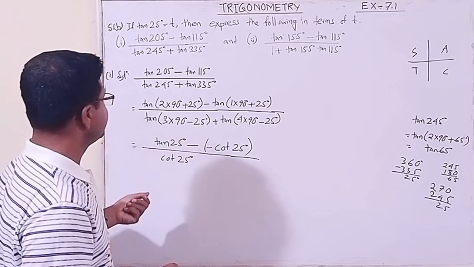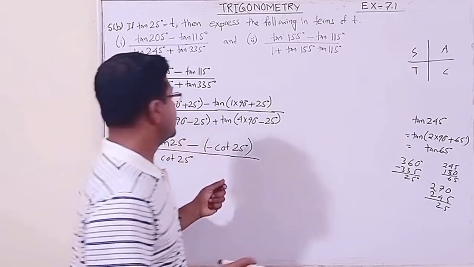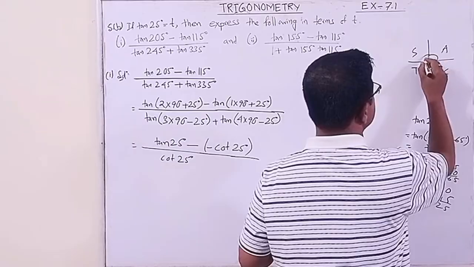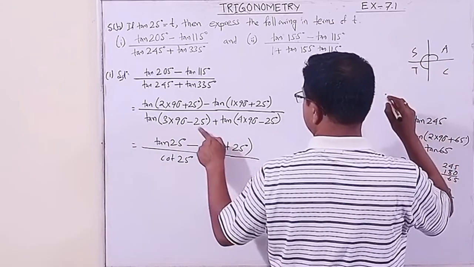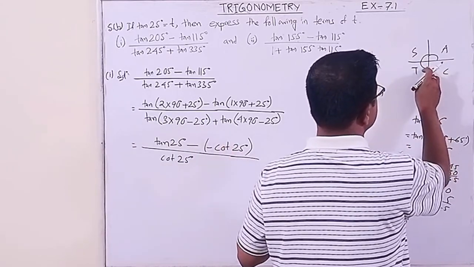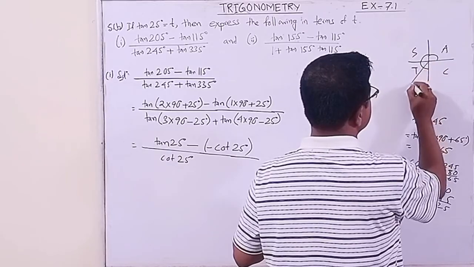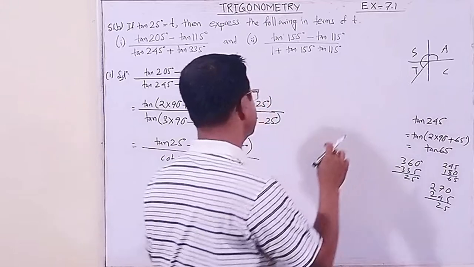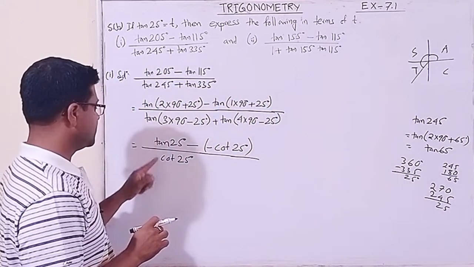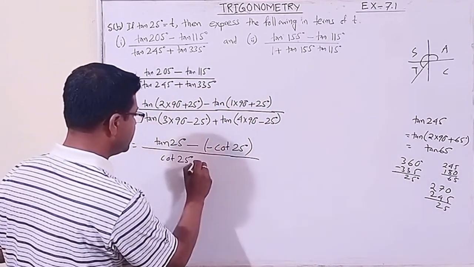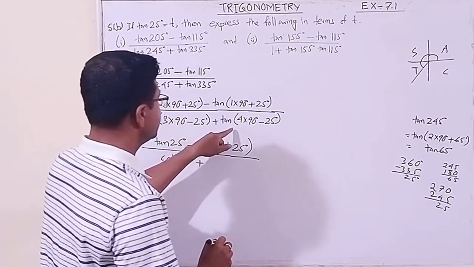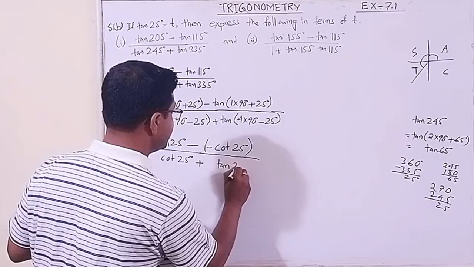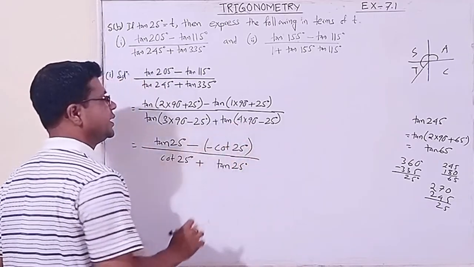Okay, now it is in which quadrant? You see, my dear students, at first let us complete 3 into 90 degree. 1 into 90, 2 into 90, 3 into 90. From there we have to subtract 25 degree. From here you subtract 25. So that angle is 25 degree. Still it falls in the third quadrant. In the third quadrant tan is positive, so this is plus. This, obviously it will be converted, it is tan 25 degree because it is an even multiple of 90 degree.